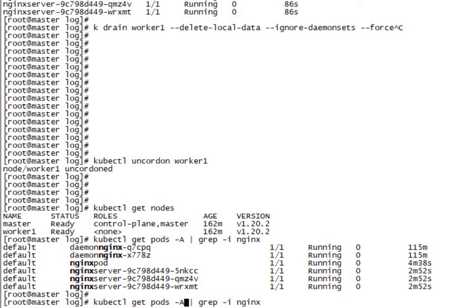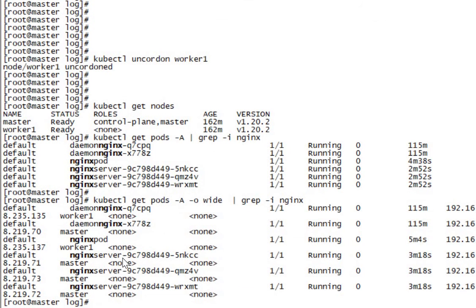Here, one thing you need to remember, that when you drain the node, those pods are shifted to another available worker, but it doesn't mean when you uncordon the worker node, those pods will be scheduled back to that node. No, but if you try to schedule another pod, or you recreate your deployment, whenever a pod gets the chance of rescheduling, then worker one can be used, but it doesn't mean that pod one will reschedule back to the worker node after the uncordon.